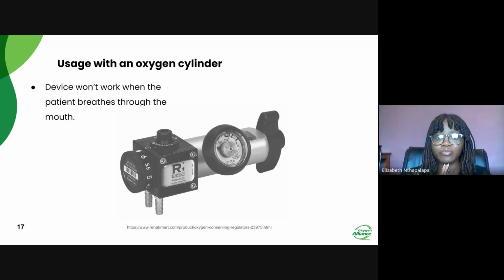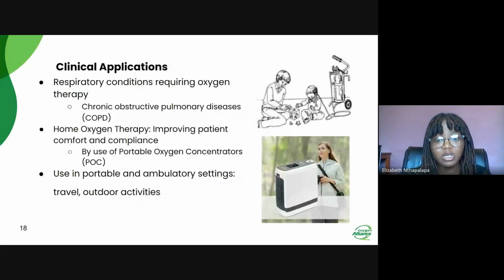saving the oxygen that can be given to our patients, and even the same technology, if it is in a portable oxygen concentrator, we can be saving the battery life of that portable oxygen concentrator and even the oxygen conserver itself. So next, I will talk about clinical applications of the